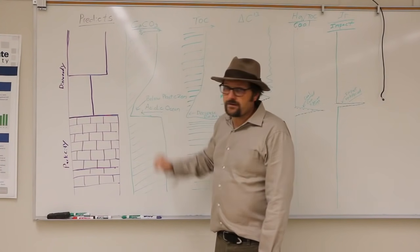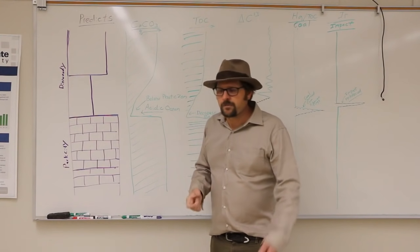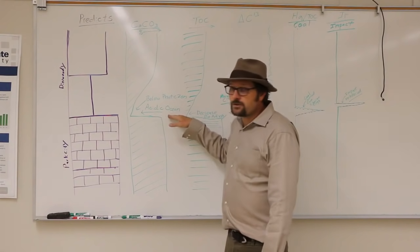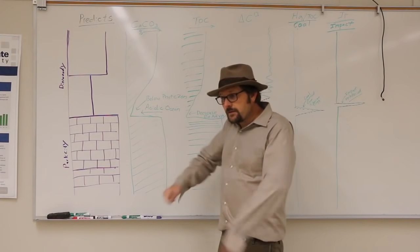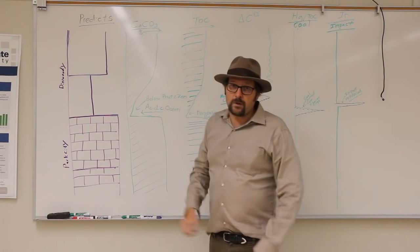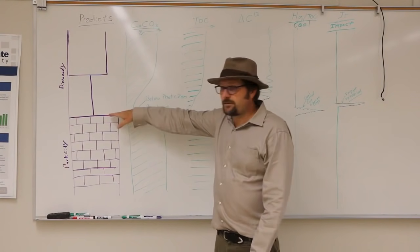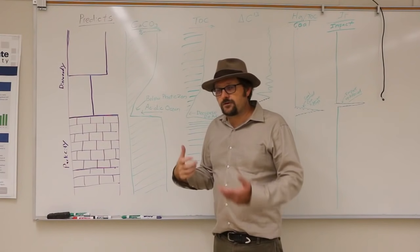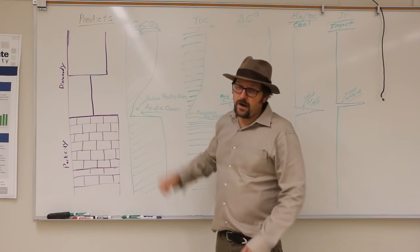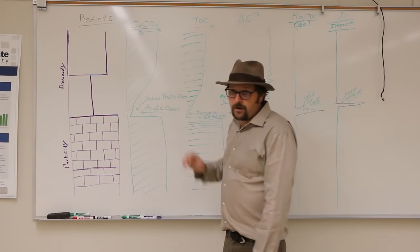So rapidly rising sea level caused this transition in the rocks. Another kind of newer idea is that the oceans became acidic. If the oceans became acidic, that meant that calcium carbonate would dissolve out of the water. Now this is really rare when you get into very shallow water. There's usually deeper depths and more pressure, calcium carbonate often will dissolve depending on the pH of the ocean